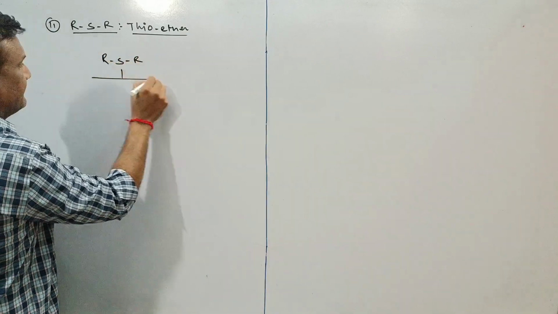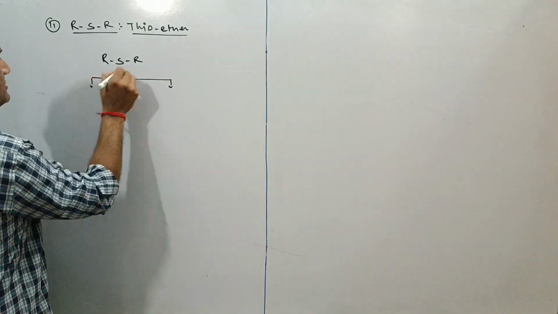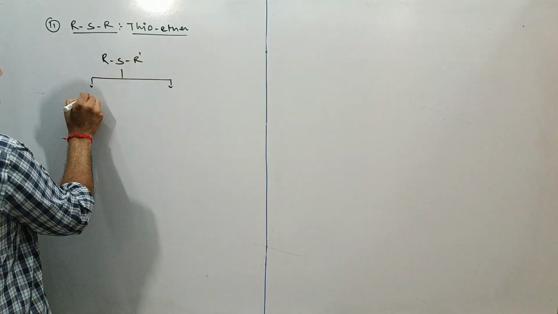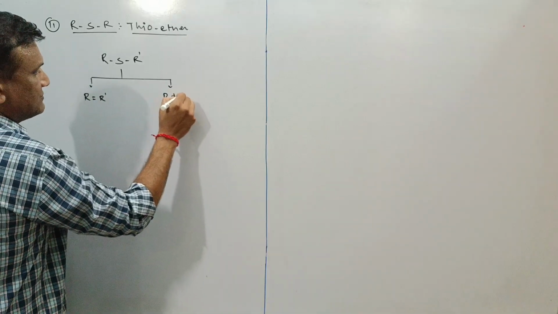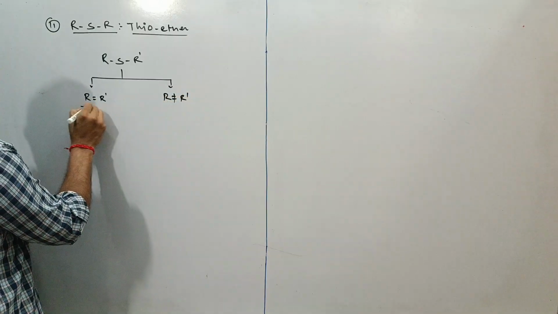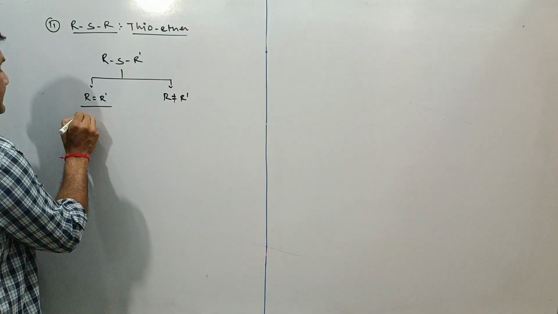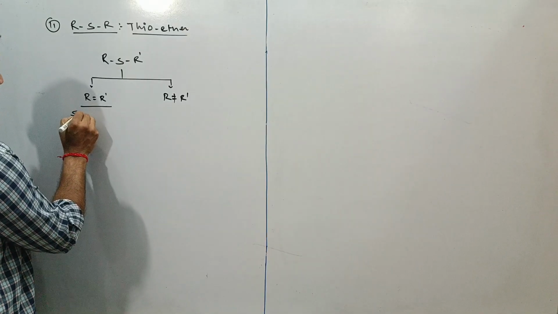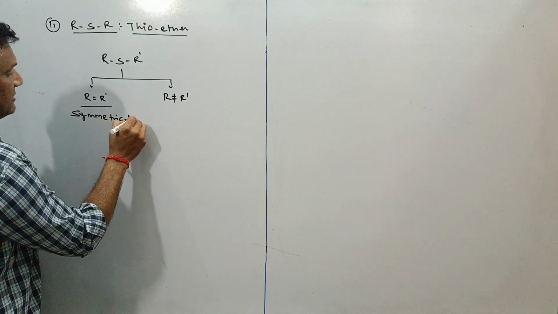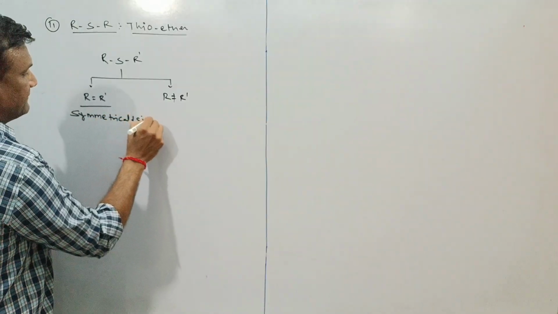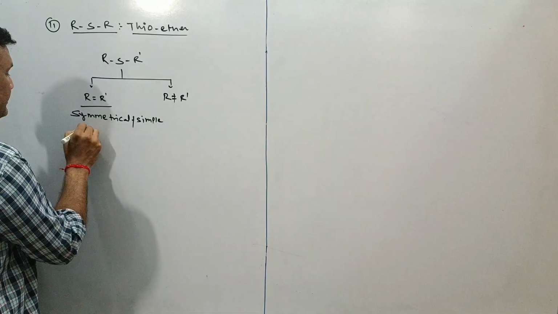If this one is R', then first is R equals R', and second is R not equals R'. When both are the same, it is called symmetrical or simple thioether,